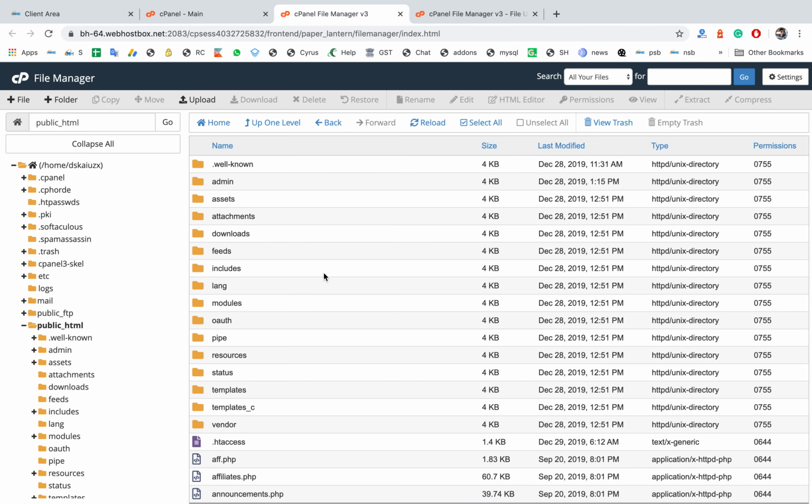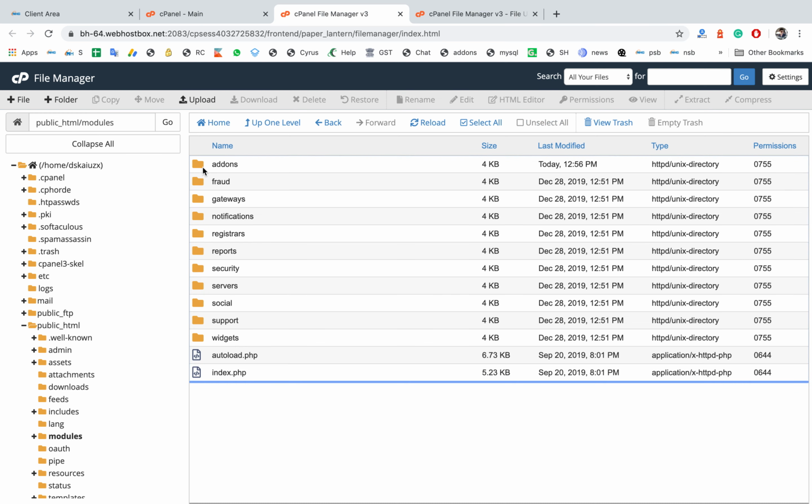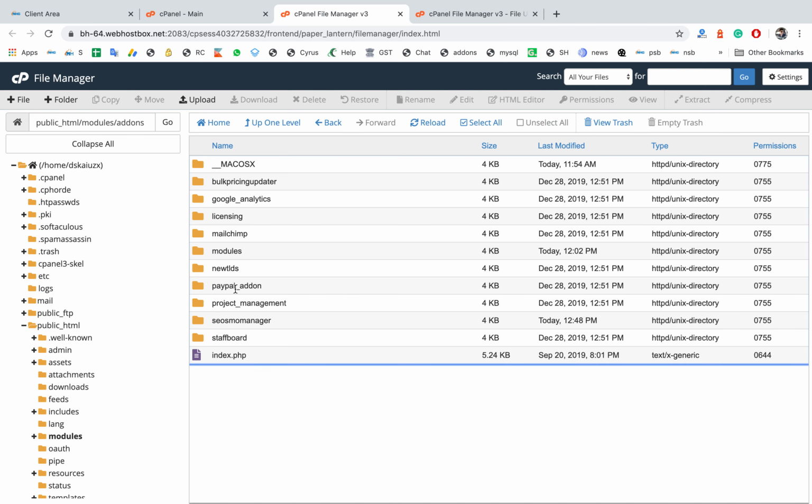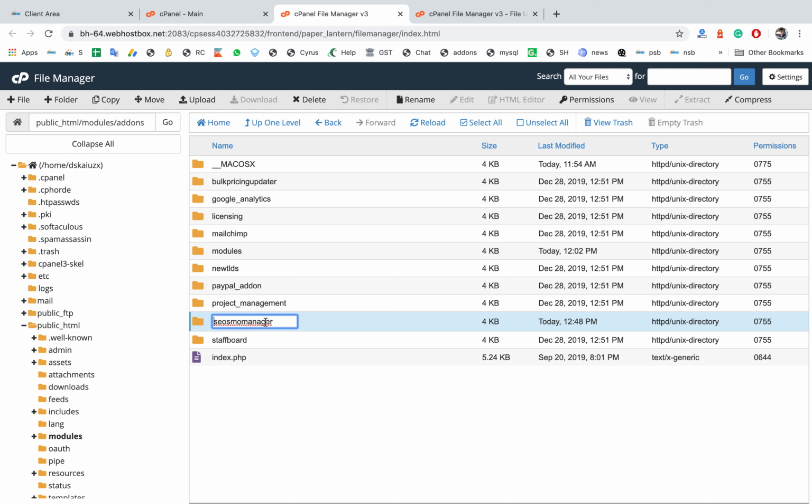After extraction, make sure your extraction is complete. For cross checking, go to modules, addons. See, your SEO SMO manager should be there. Okay,